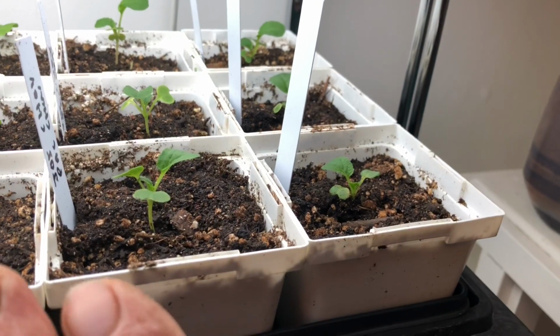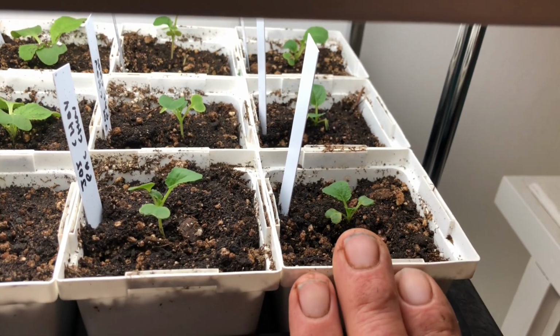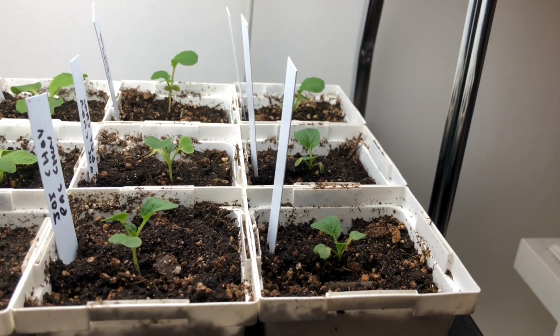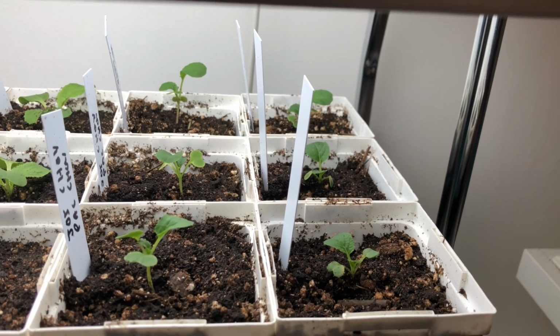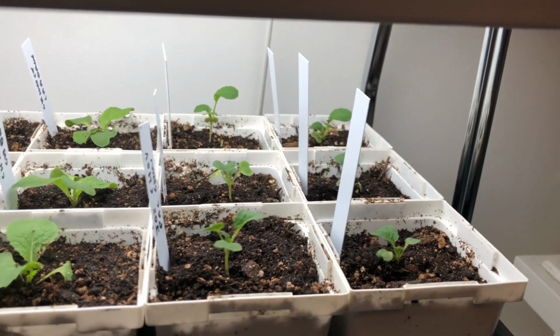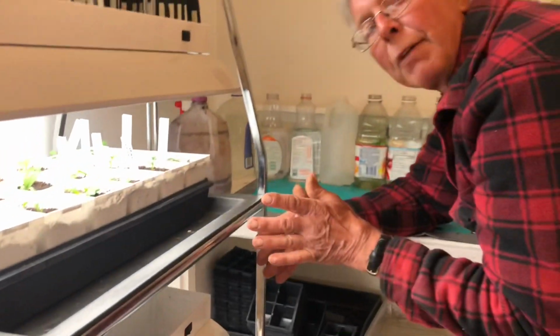And then we have the pak choys. There is Joy Choy, which is a little bit bigger, and then the Ming Choy, which is a little bit smaller. And these are wonderful for stir fries. The pak choys are nice with a gravy over top, not like a beef gravy, but a vegetable gravy over top of rice, that kind of